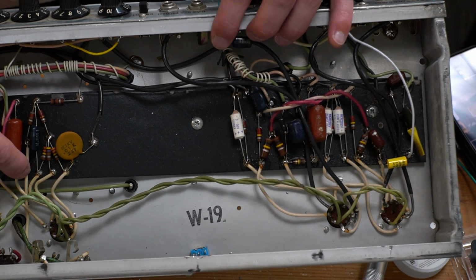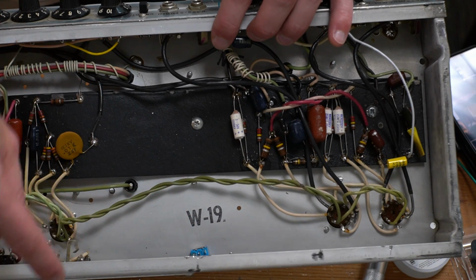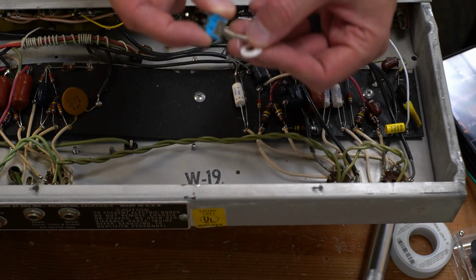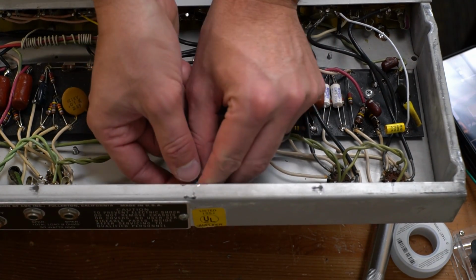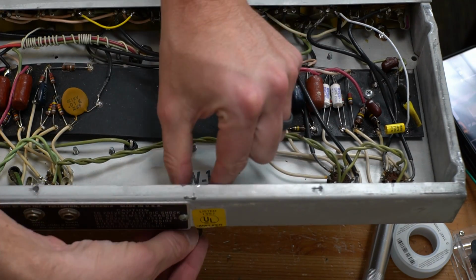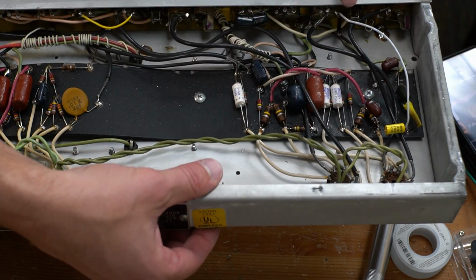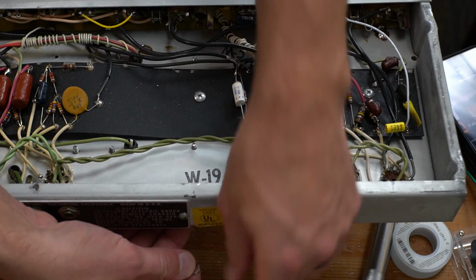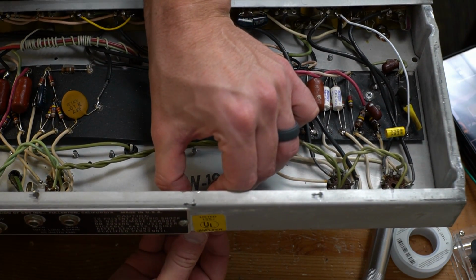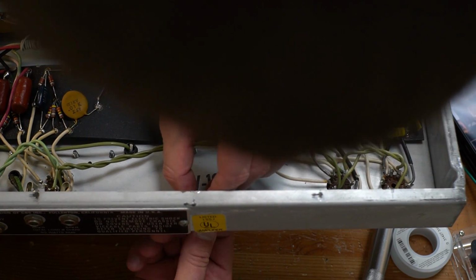So I'm going to run this white wire, which goes to this jack, instead all the way out to here, and then this to there. So basically, in one position, it will have the stock default negative feedback, and in the other position, it will be lifted. For example, if you wanted to run this amp on this modded channel, that is just wide open, and you take all the negative feedback away, that should do a pretty big number on increasing the gain,